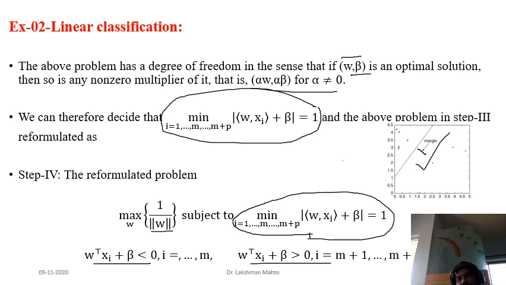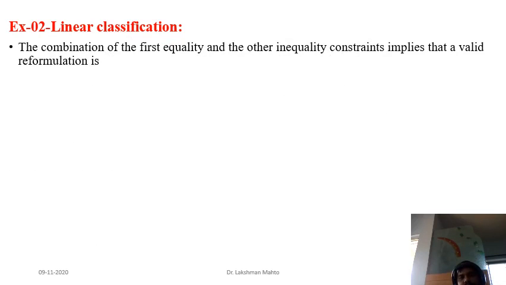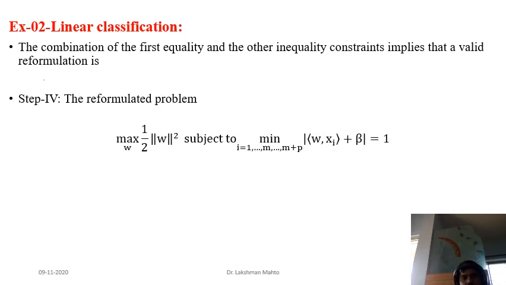Subject to further constraints. These are already all constraints that type A points must be in the lower half space and type B points must be in the upper half space. So further, the combination of the first equality and other inequalities implies that a valid reformulation will take this form. That means we have to maximize, here we had a function in the last problem. We had to maximize the reciprocal of norm, and this problem is equivalent to